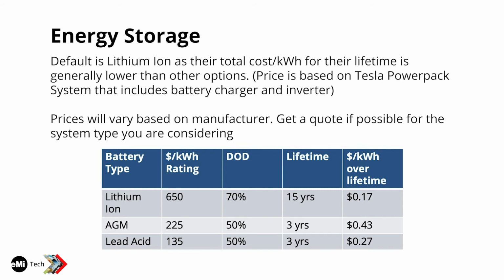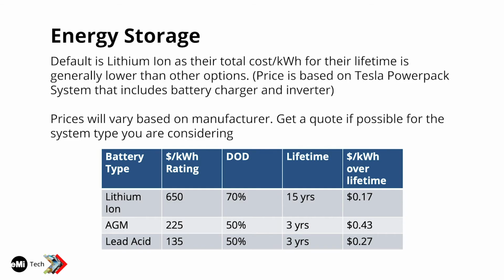So don't be deceived when you see a lower dollar per kilowatt hour rating on some of these other solutions. You'll say, oh, lead acid is $135 per kilowatt hour and AGM is $225. Well, why don't you use those? They're a lot cheaper. But you have to look at the whole lifetime. How many cycles, how much total kilowatt hours of energy cycling am I going to get? It's called throughput in the industry. And so you actually have to take that kilowatt hour rating,